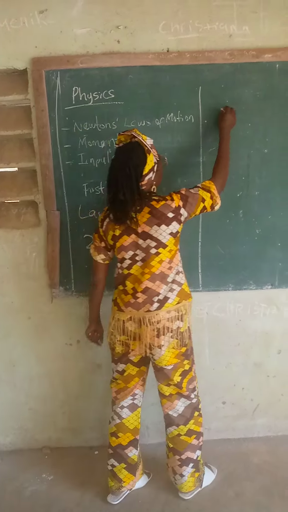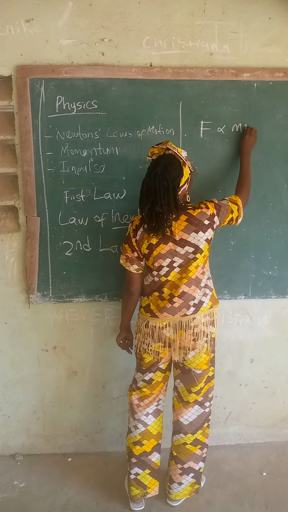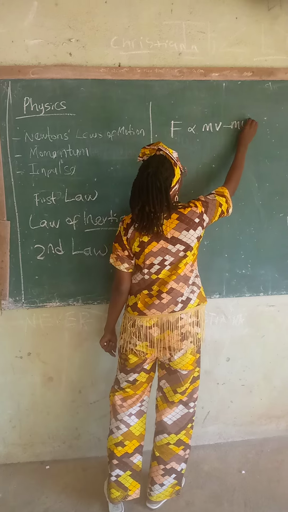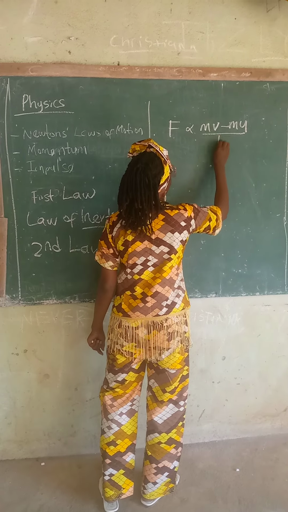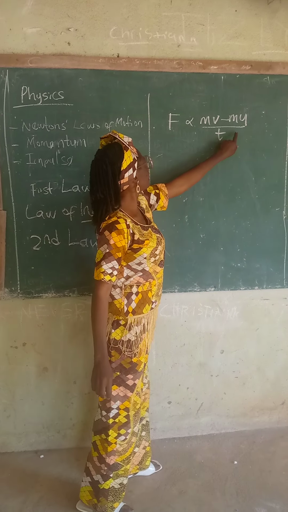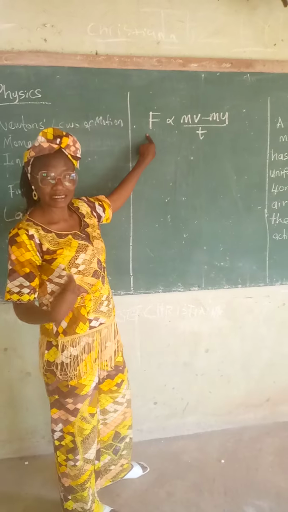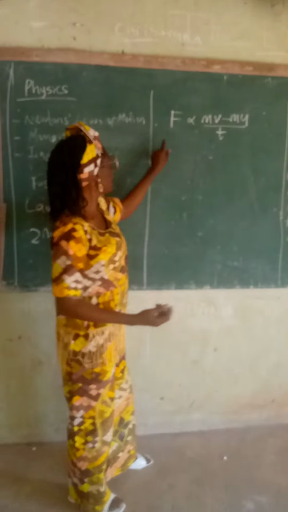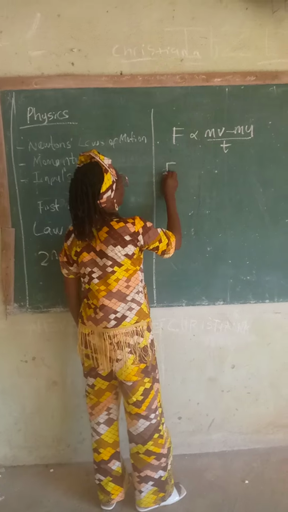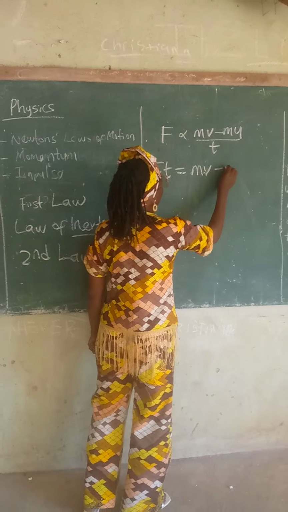Mathematically, this can be stated this way. The rate of change of momentum is directly proportional to the force applied and is in the direction of the force. Okay, so now if we cross multiply, we have Ft is equal to mv minus m